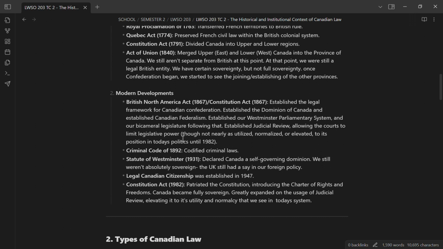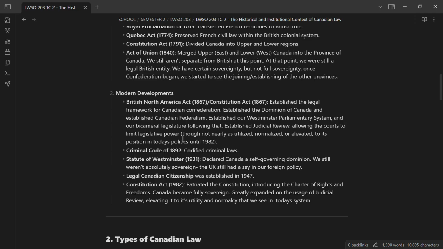We still weren't perfectly sovereign. The UK still had a say in our foreign policy, but we were getting closer and closer to it. In 1947, legal Canadian citizenship was established, and finally, as we've been leading up to slowly through the British North America Act and the Statute of Westminster specifically, the Constitution Act of 1982 patriated the Constitution and introduced the Charter of Rights and Freedoms, making Canada fully sovereign and greatly expanding